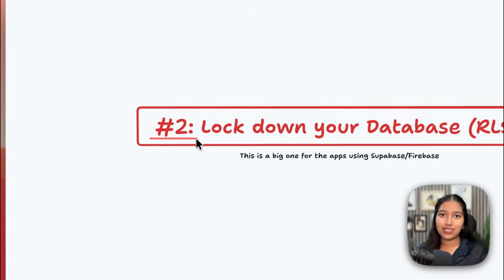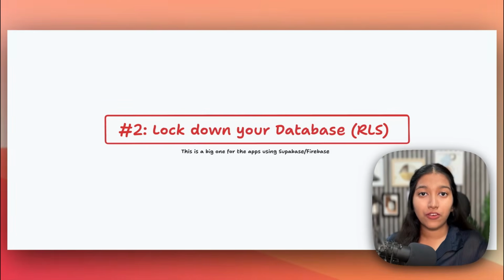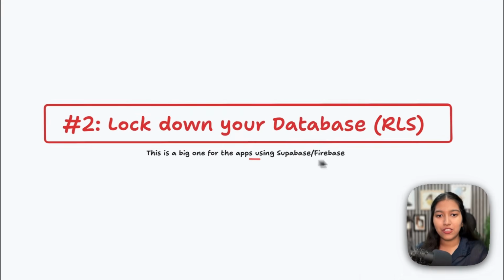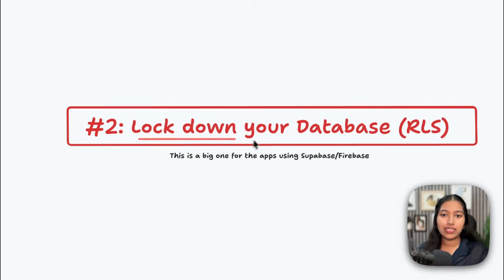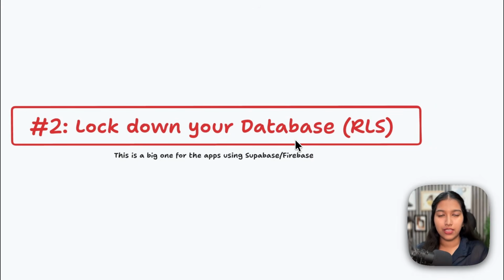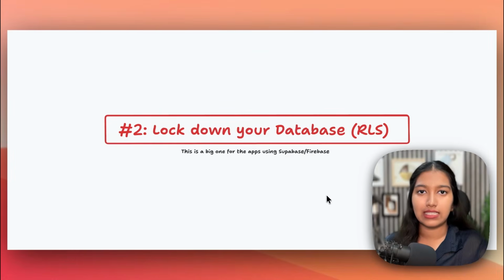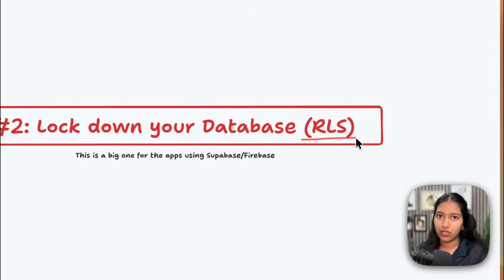The next one on the list is for your database. So if you've vibe coded an app that requires a database, if you're managing multiple users, then you must know this. Especially if you're using something like Supabase or Firebase on the backend. So you essentially have to lock down your database so that the users can only see the data that is associated with them and they cannot see the data for the other users. Now you would say that that sounds quite obvious, right? Yes, but you still have to keep an eye on that because this can sometimes be overlooked by your AI